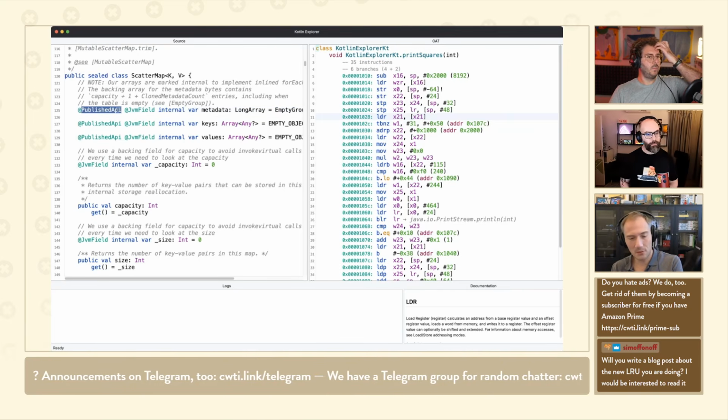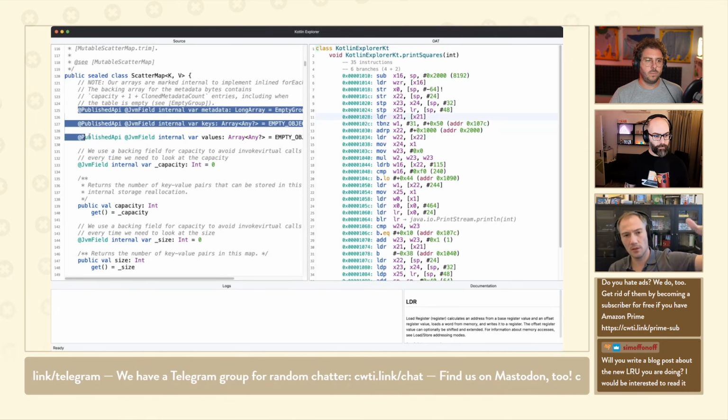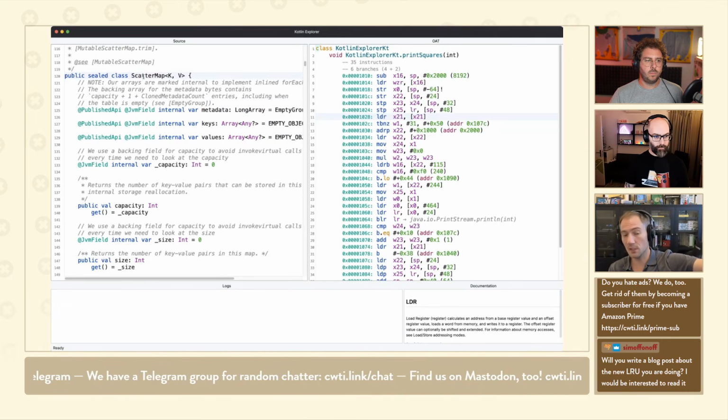That means at the bytecode level, they're actually public. And we had to do that to be able to make the inline functions as fast as possible so that they can access the array directly. So technically bad, we don't mind because this class is meant to be used from Kotlin and Kotlin only. So in Kotlin, you're not going to see those things.